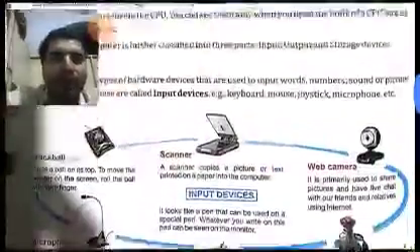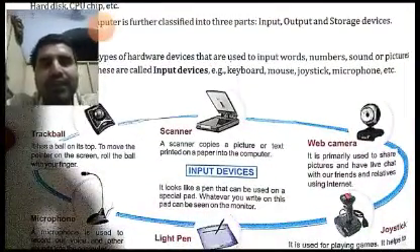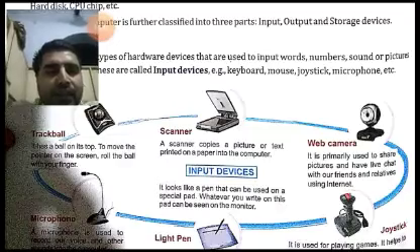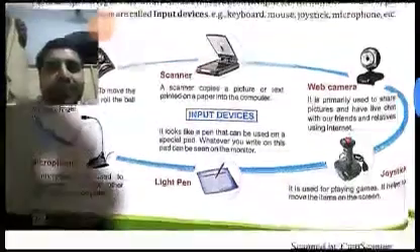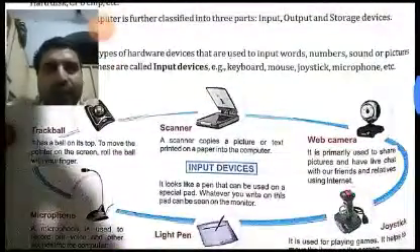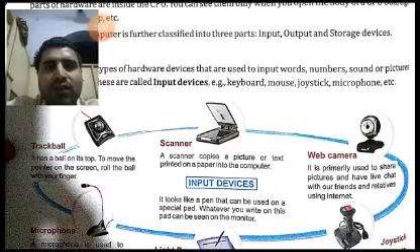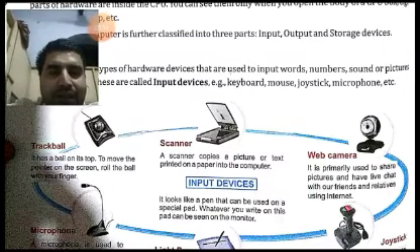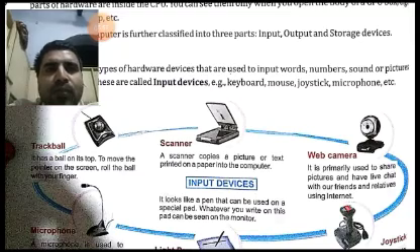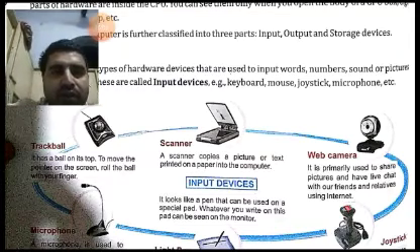Now we come on to this figure which is showing the different types of input devices. Here the main features and the purpose of these devices are also given. This is a very important figure. One example of an input device is the trackball. What is a trackball? It has a ball on its top, to move the pointer on the screen. So here this ball is used for moving the pointer on the screen.